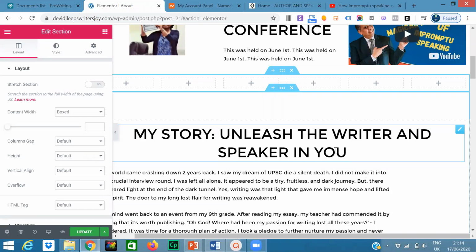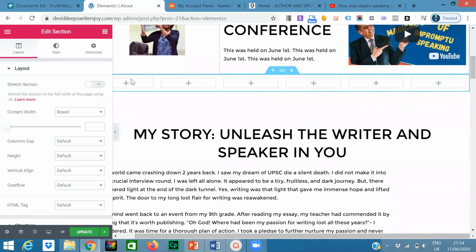Now it is how we want to use this section. On the top, we did the same thing, okay? But for each of these plus boxes, we can add different elements, right? So now let us think that we want to add only images to all these sections, or maybe one image, one video, one image, one video. We can do that also, or one image, one text field. We can do anything. So there we can just go and click on one of them. Yeah, you can click the plus symbol also.